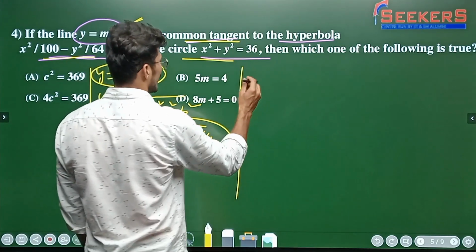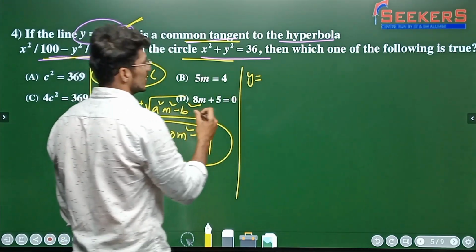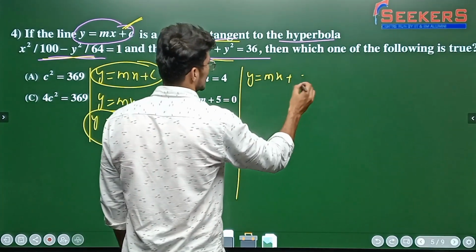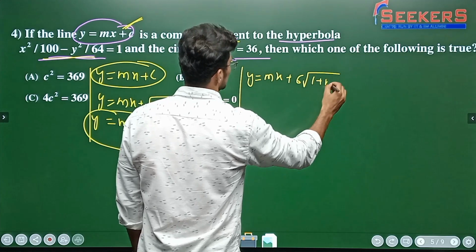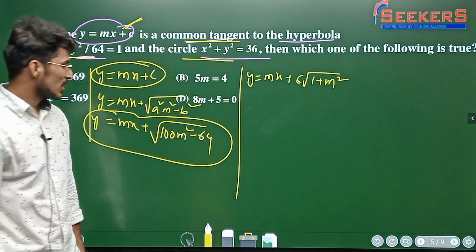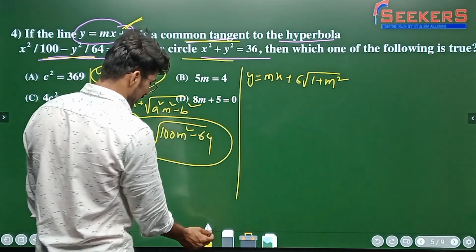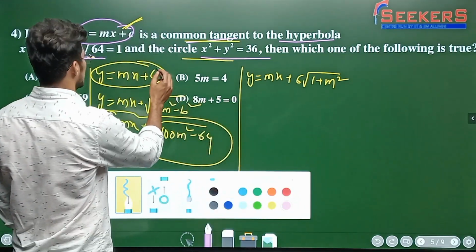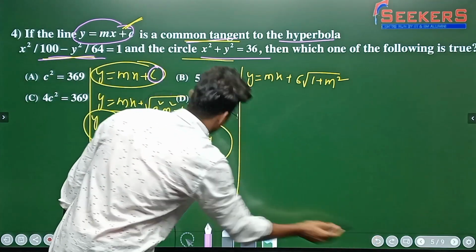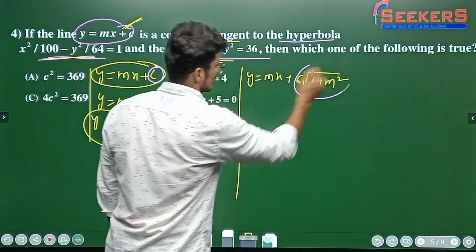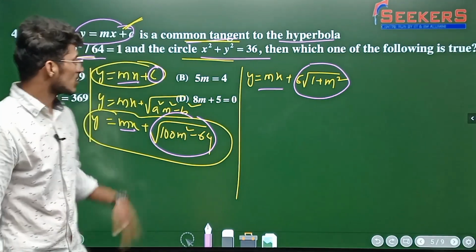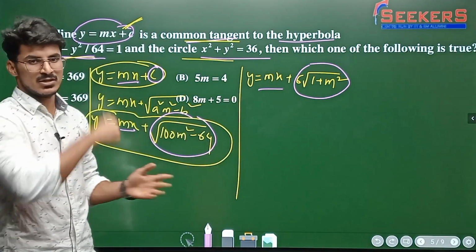So now let us write the equation of the circle as well. Equation of circle in slope form: y is equal to mx plus r. R means radius, which is 6 into square root of 1 plus m square. M square here, right? Yes. So now what I am going to do here is, see, everywhere we have something in common. Look at this. So here we have c, here we have this constant term, and here we have this. Alright, so in every equation y is equal to mx is common. So now by equating, look at this, all these three pink color circles, you will get m